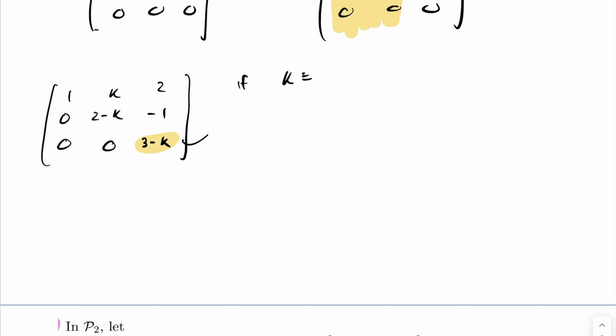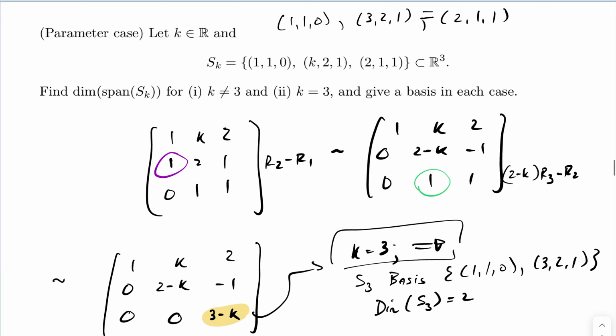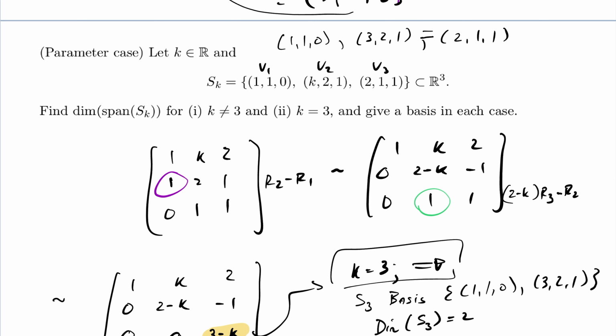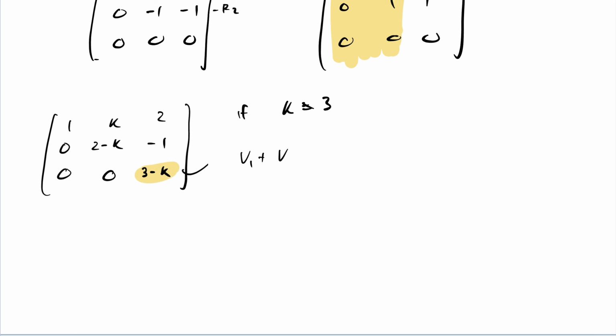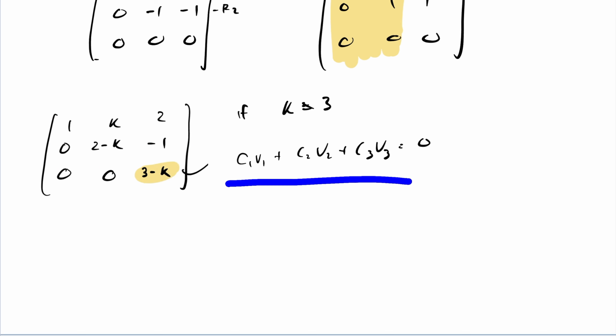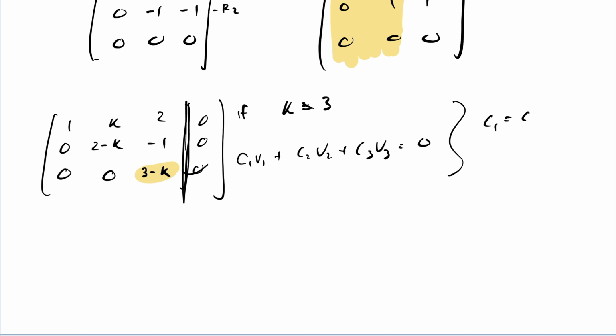Now, if k is not equal to 3 here, you can quickly see that if I went to go ahead and solve this, I would get a unique solution out of this, meaning that the only way that these three vectors, let's say I label this v1, v2, and v3, the only way you get a combination of these vectors here equaling 0 is if this represents vector v1, v2, v3, and I set this, suppose this was an augmented matrix, equal to 0, 0, 0. The only way that can happen is if C1 equals C2 equals C3 equals 0, and therefore this set is